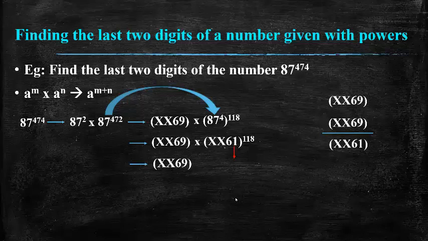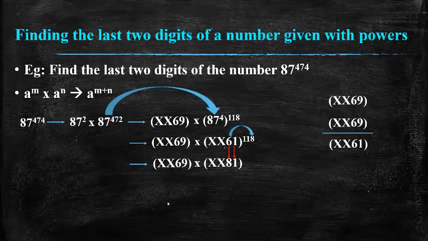So 1 being the unit digit, you are going to have 1 in the units place, and in order to find the tens place value, you are going to multiply 6 and 8. So that gives me a value of 48. In 48 we are going to consider 8 as the unit digit, so that will occupy the tens place. So we are going to get a value of 81 as the last two digits.